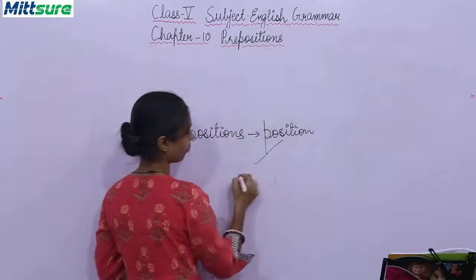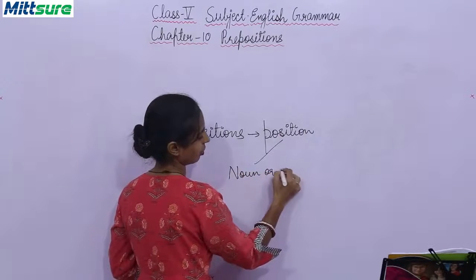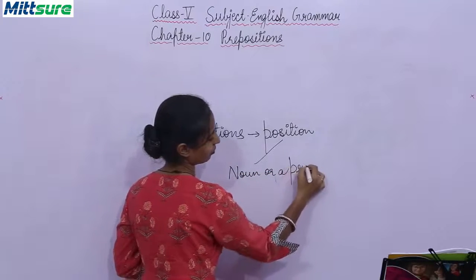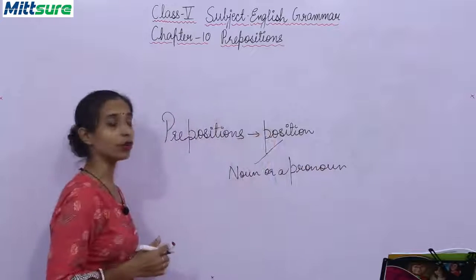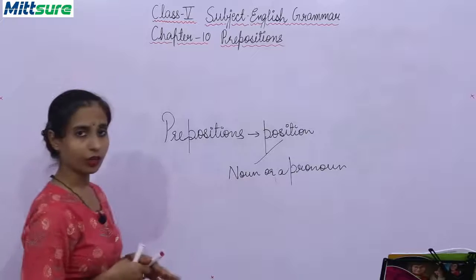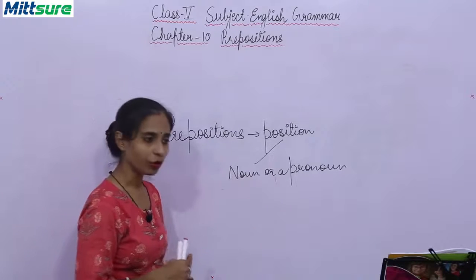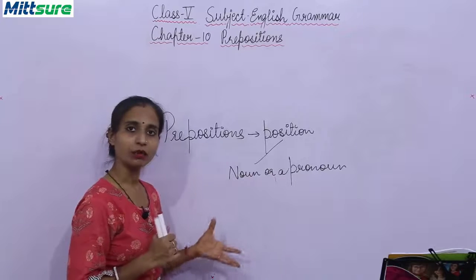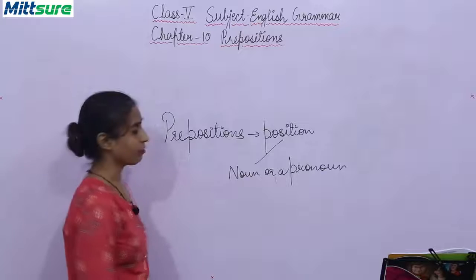Position of a noun or a pronoun, or a word which relates a noun or a pronoun with the other words in the sentence. All right. For example,